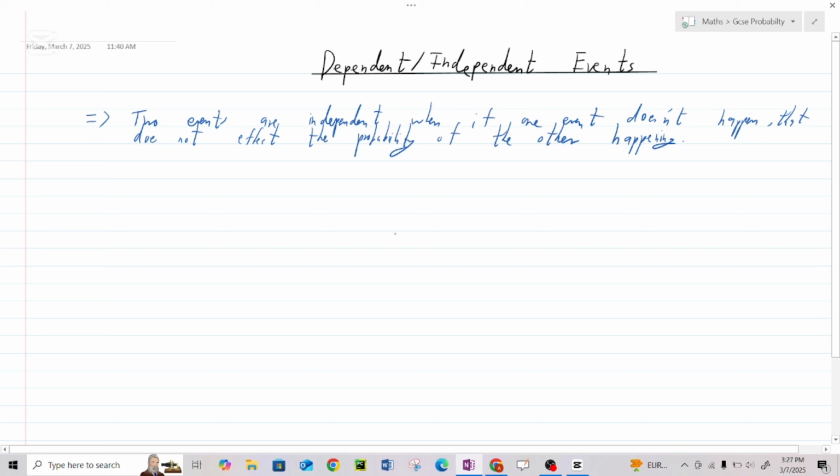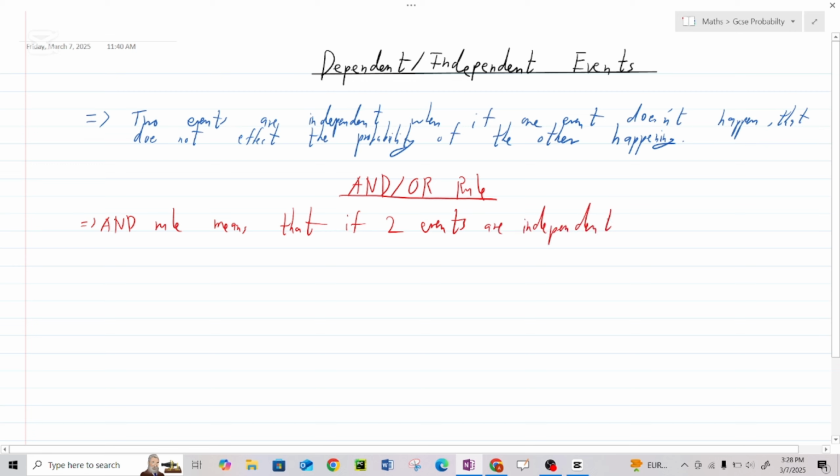Now, the next thing that we're going to be doing is something called the AND/OR rule. And this is very much related to the above part, dependent and independent events. Okay. Now, what is the AND rule? The AND rule basically states that if two events are independent, then